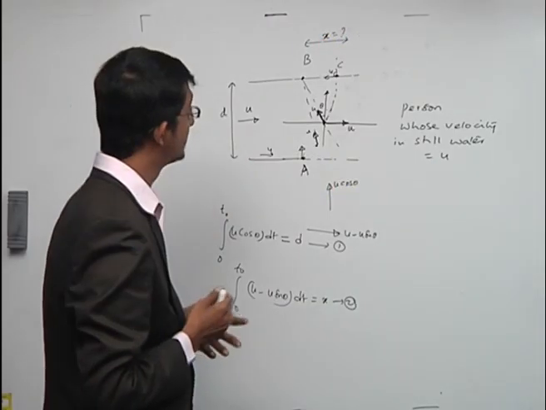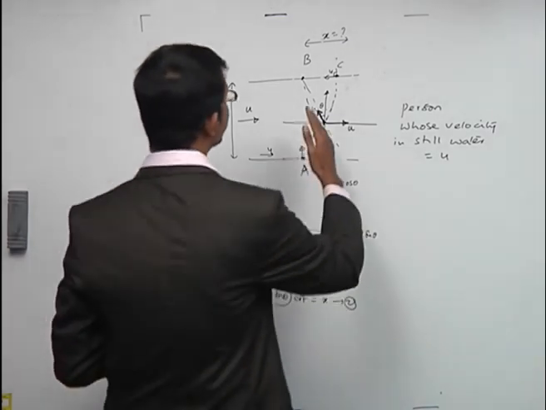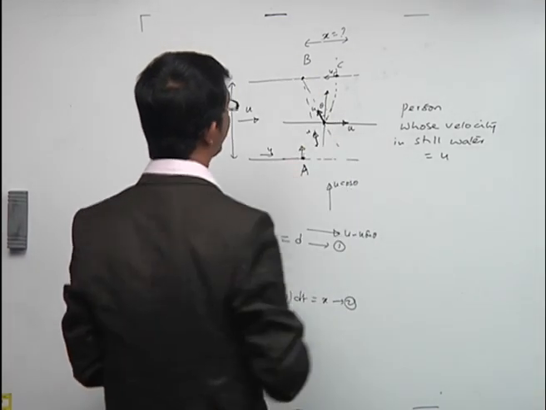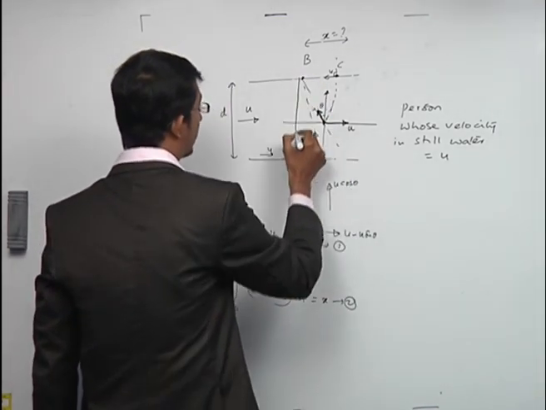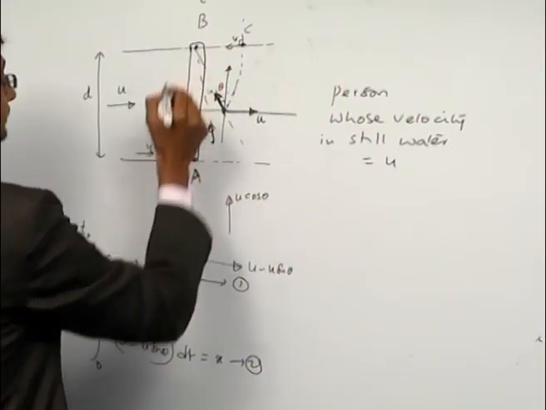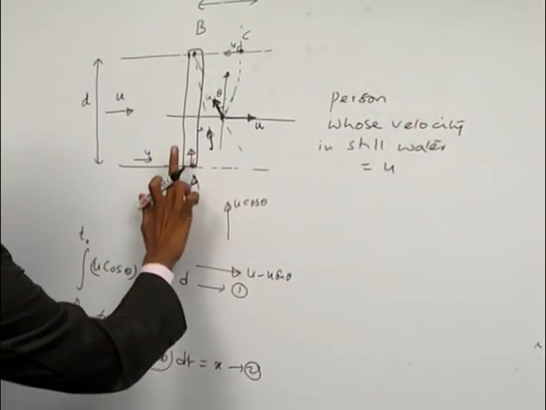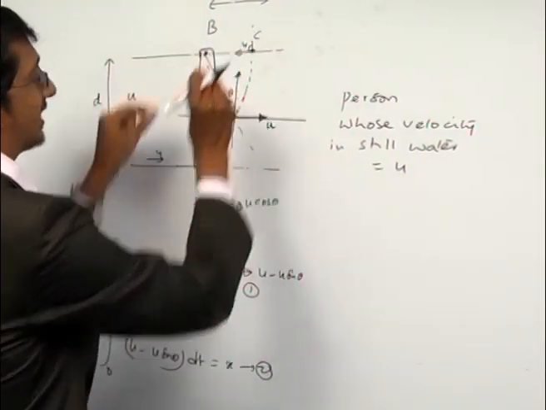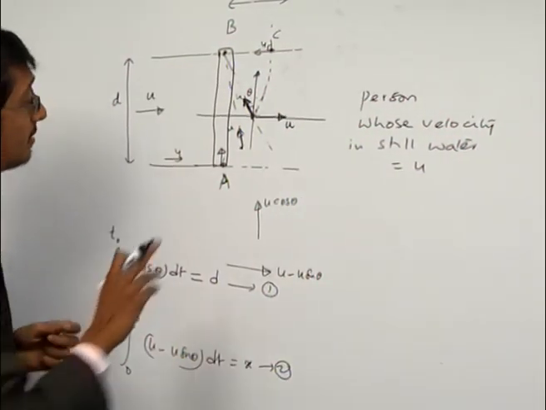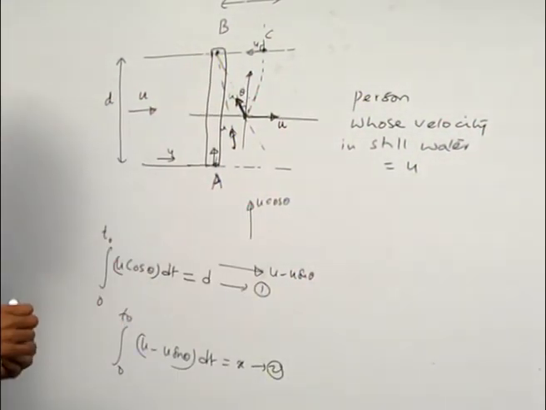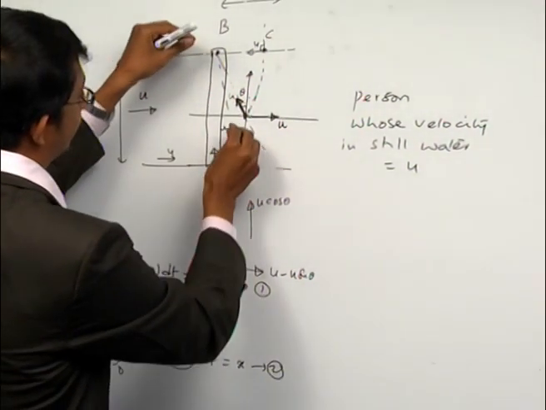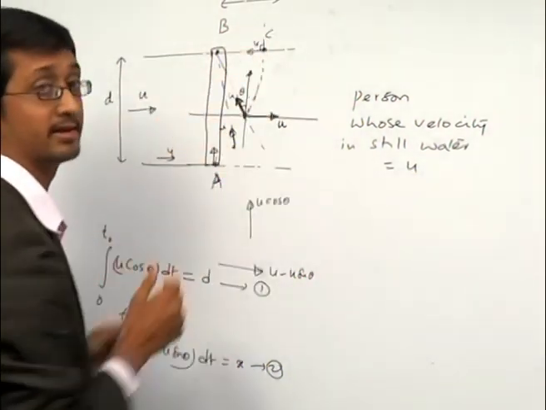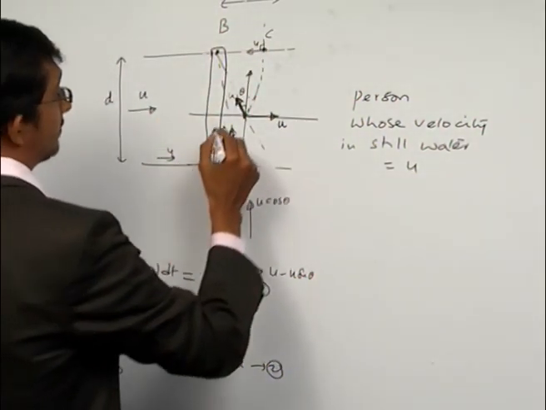What is the point here? There is one more equation. You see, the person is always aiming towards B. So you can connect the person and the point B with a rod. The person is going towards B along the rod. The rod is also turning and shrinking simultaneously. What is the person doing? The person is going on the rod. But what is happening to the rod? The rod is turning and also shrinking. So let's see